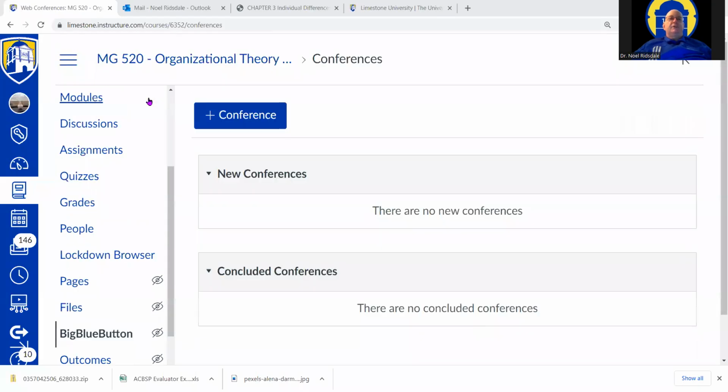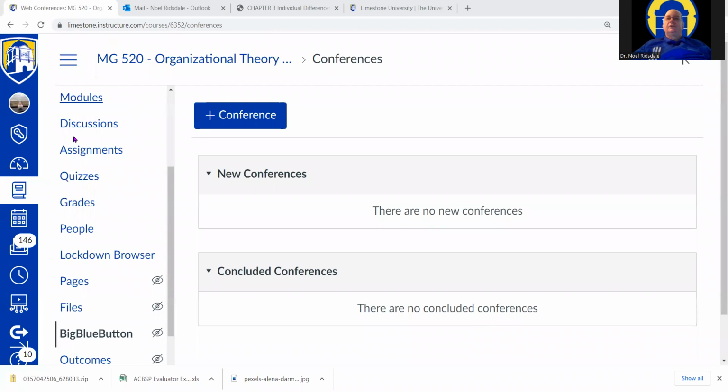Moving into part two, I'm going to share my screen so you can see the course and we can walk through it.